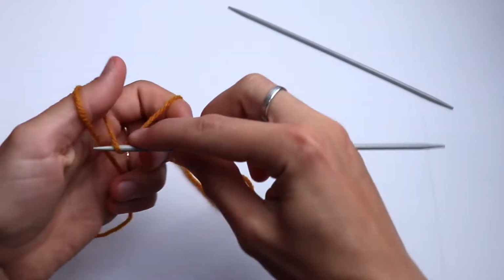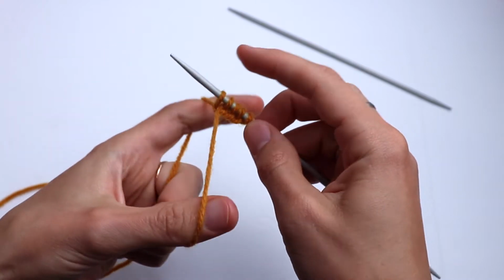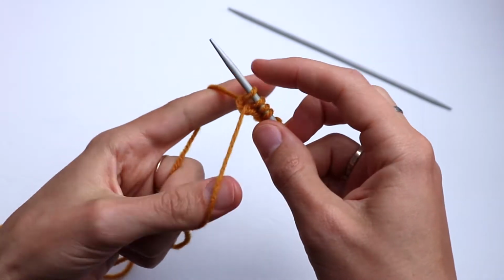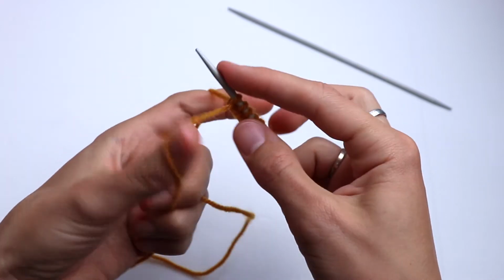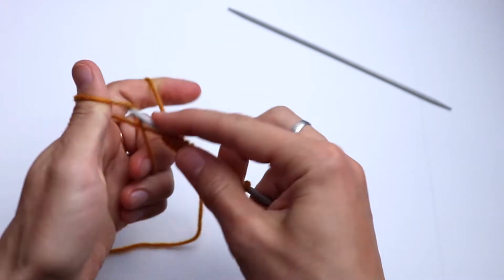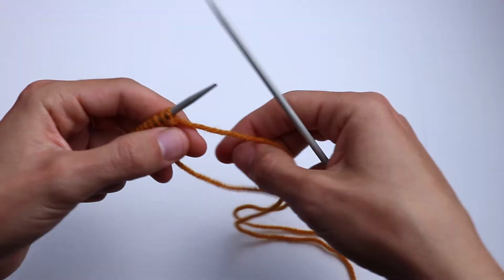For this edge, I'm going to cast on an odd number of stitches, but if your pattern calls for an even number of stitches, it's okay, you can cast on an even number. You're just going to always knit the last stitch, the stitch before the selvage stitch, if you're knitting as I am in rows. So here I cast on an odd number, but don't worry, cast on even if you need it. And the first row,